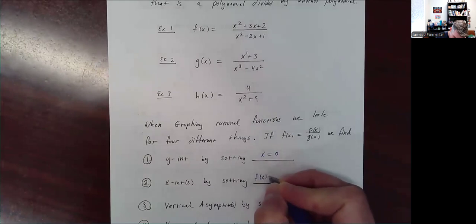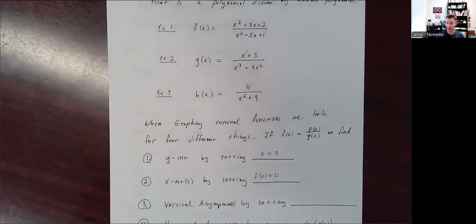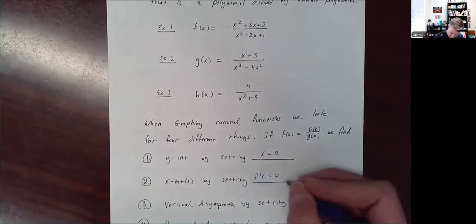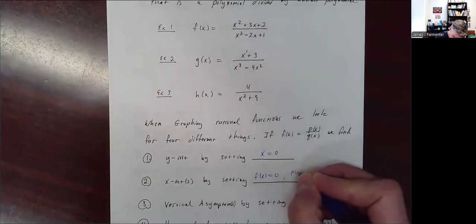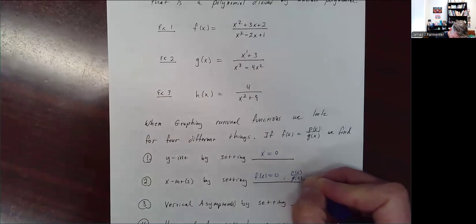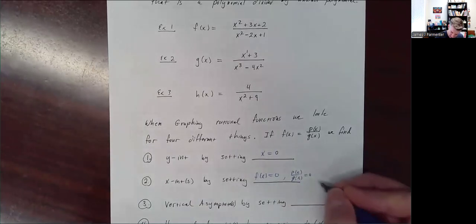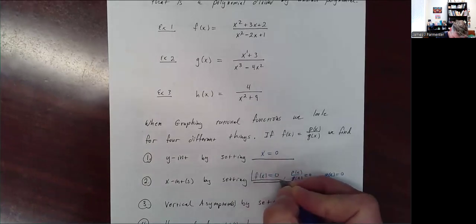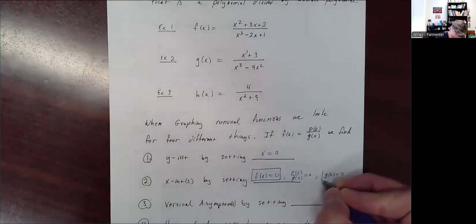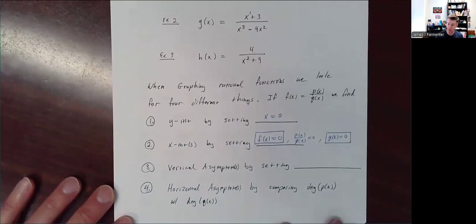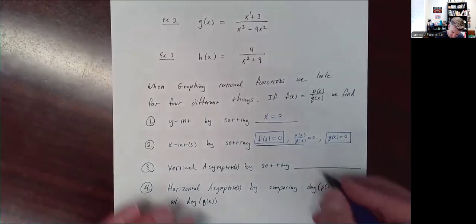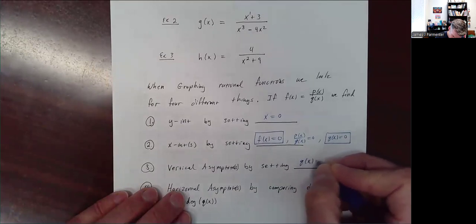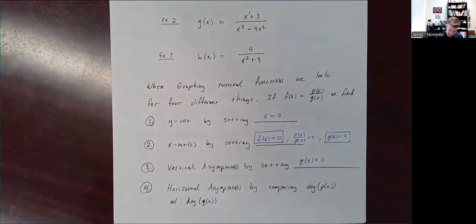But what's going to end up happening is we're going to multiply both sides by q of x. So that really becomes setting p of x over q of x equal to 0. But then if you multiply both sides by q of x, that's really just the same as setting p of x equal to 0. So while you can do this, it's easier just to set the numerator equal to 0 if you're trying to find the x-intercepts. We're going to find vertical asymptotes by setting the denominator equal to 0. And then we're going to find horizontal asymptotes by comparing the degree of the numerator with the degree of the